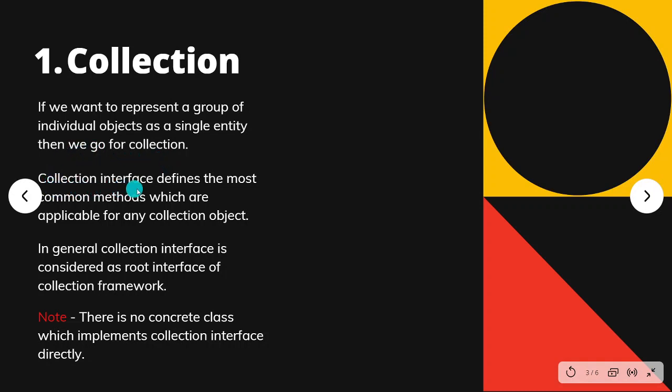Collection interface defines the most common methods which are applicable for any collection object. Means if we have to do sorting, we don't have to create our own sort method. It is already available as a built-in function in the collection framework. In general, collection interface is considered as the root interface of the collection framework.